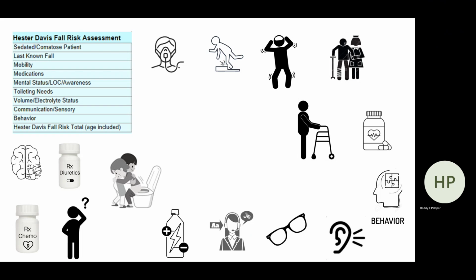Toileting needs. Again, consider proactive breaks for those who need physical assistance. Volume or electrolyte imbalances. Think about your hemodialysis patients. Communication or sensory assessment. Please be sure that your patient education is provided in the patient's primary language for non-English